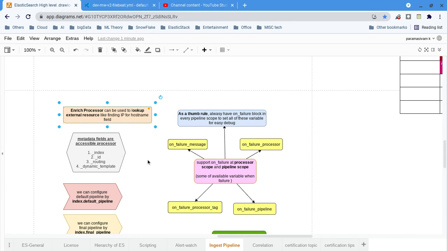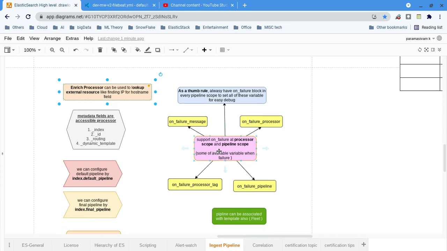It has many types of enrich policies, everything I will explain. The thing is, you can enrich before indexing. Enrich means you can look up your field, and based on the lookup, you can add some more fields.